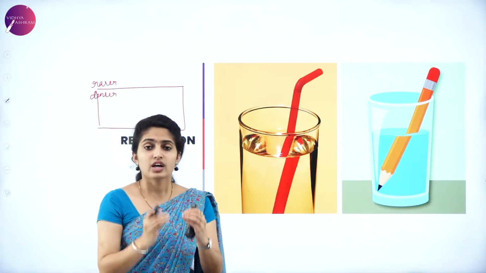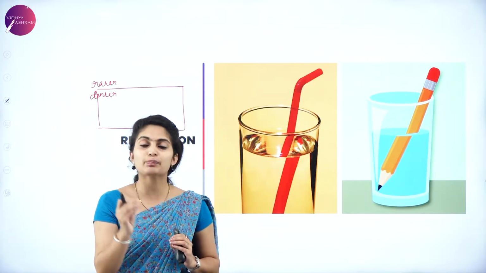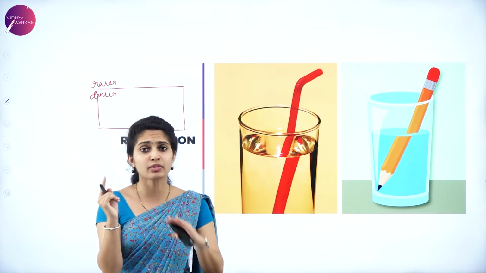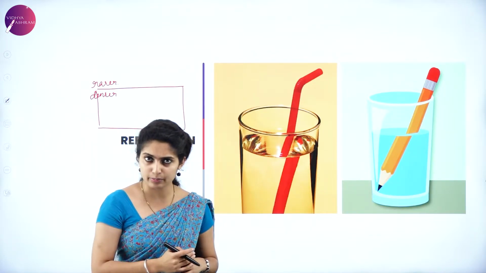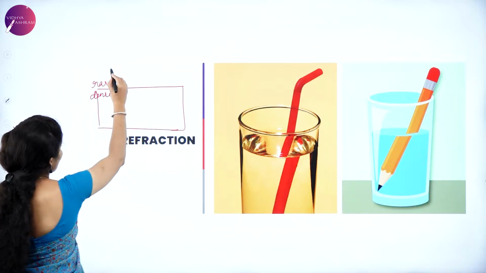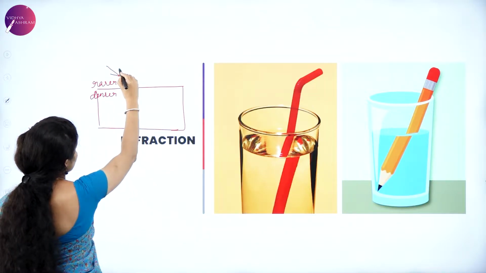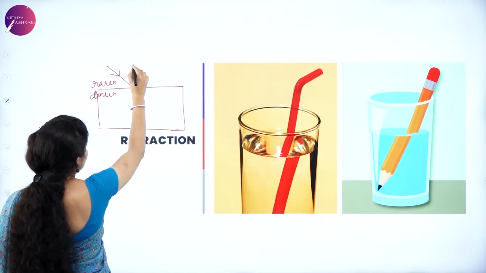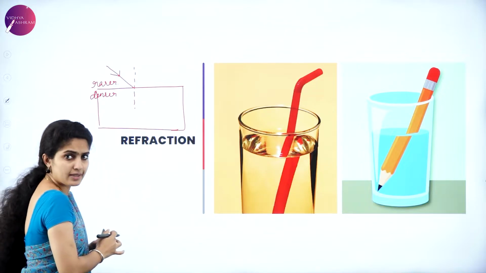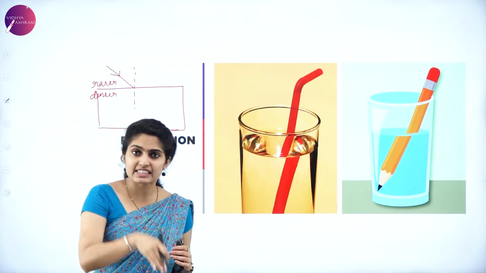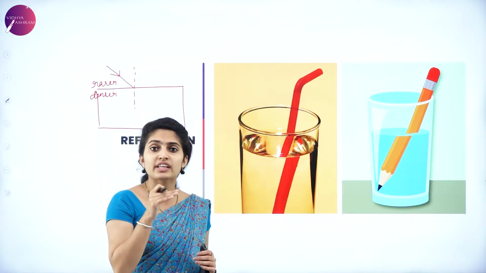Now a ray of light from an object is passing from the rarer medium through the interface in order to enter the denser medium. So a ray of light which passes from the rarer medium, this is the incident light. Here we just draw a normal to the surface of the object. When it travels inside, that is inside the denser medium, it is always towards